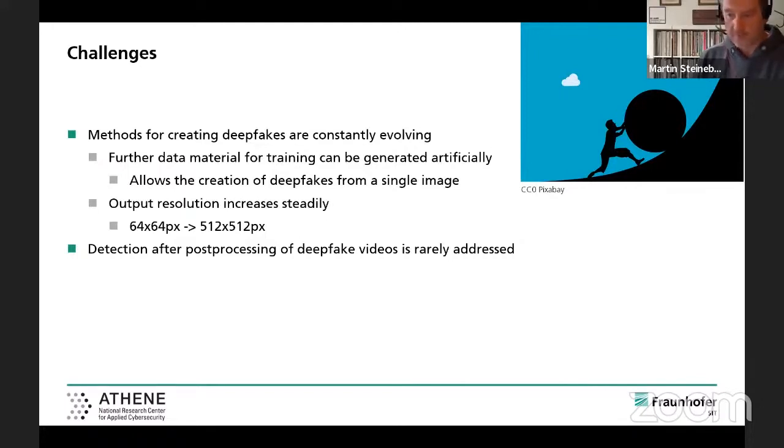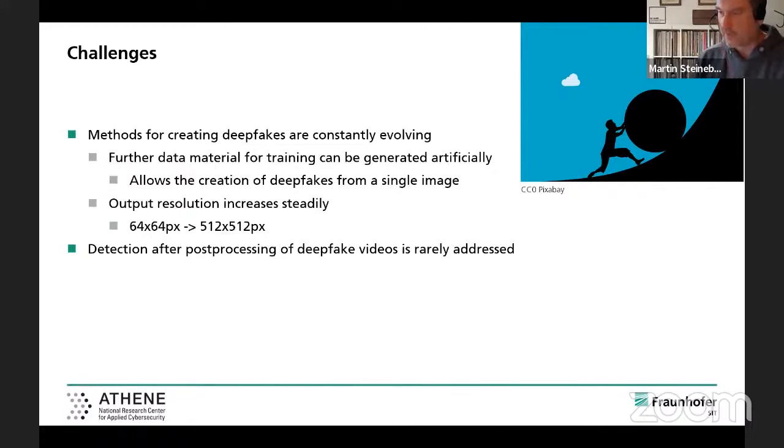And recent, not so recent anymore, around 2020, a Facebook challenge showed that deepfake detectors that were able to recognize 90+% of the deepfake videos, as soon as you added some post-processing, some blurring, reduction, strong encoding, and so on, the recognition rate dropped to 0. And it's not like it decreased a little bit, it totally vanished. So this is really a problem,